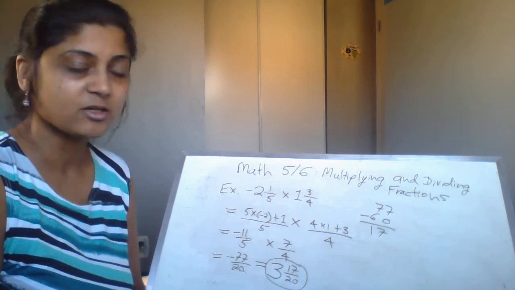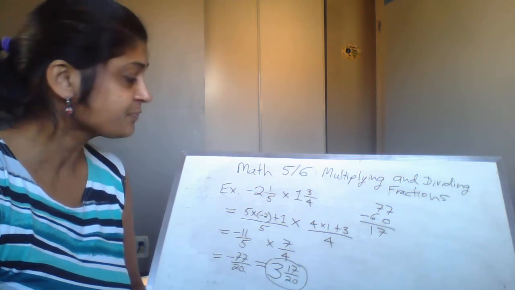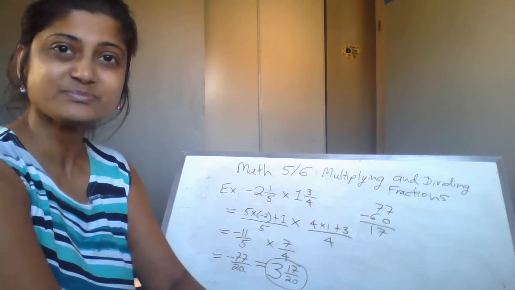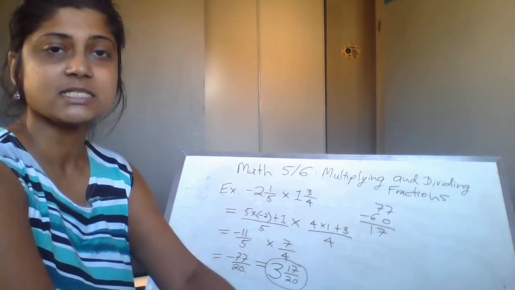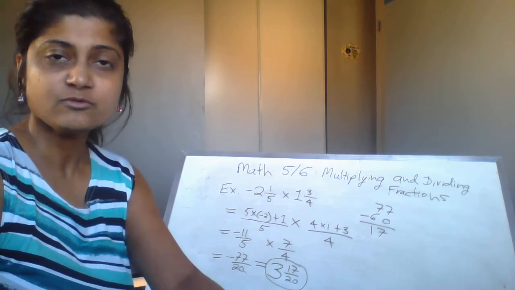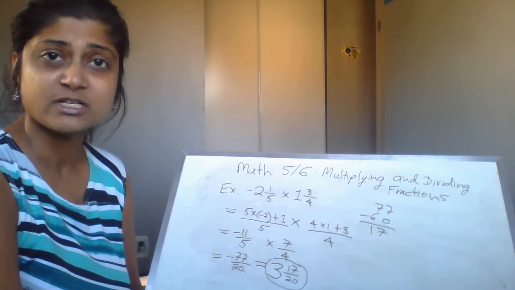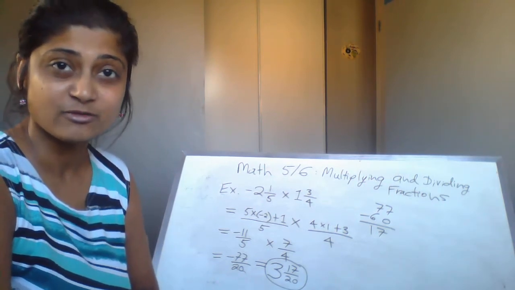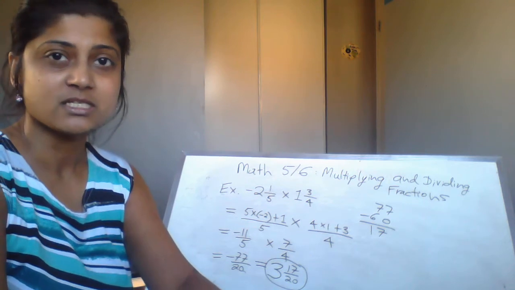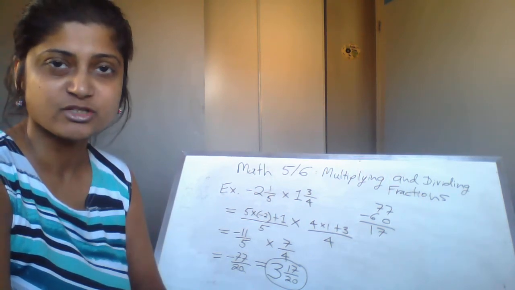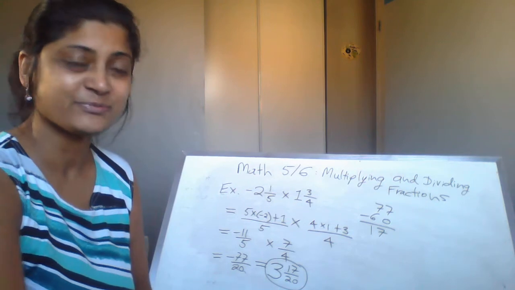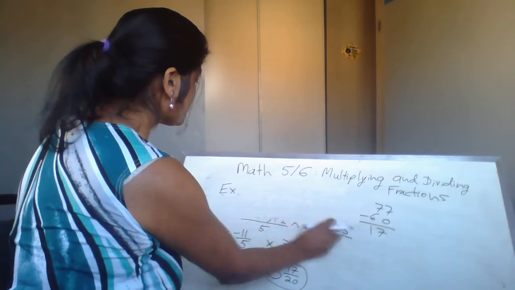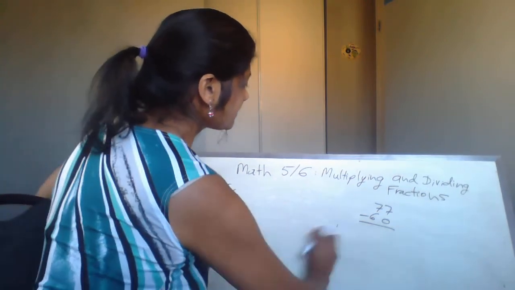So I can see that I can always check my answer as well when I change it from the improper fraction into the mixed number. If you feel like you have some difficulty changing between the mixed number and the improper fraction or vice versa, make sure you do check out one of my videos, and that's the only thing that we are covering in that video, and that's how to change the mixed fraction into the improper fraction. That's actually a very important skill. All right, so with that, let's move on,